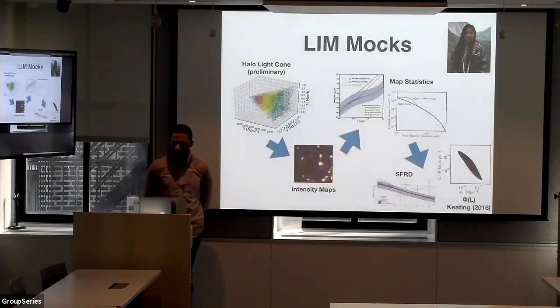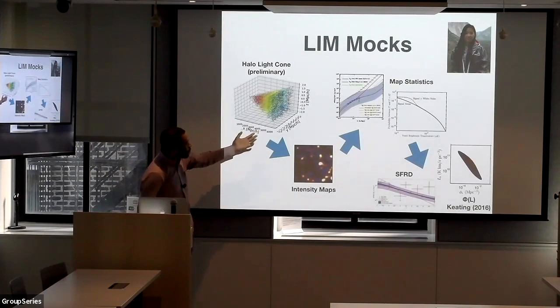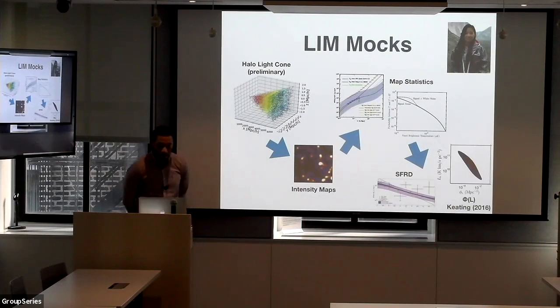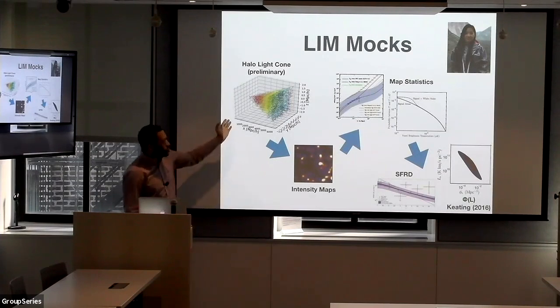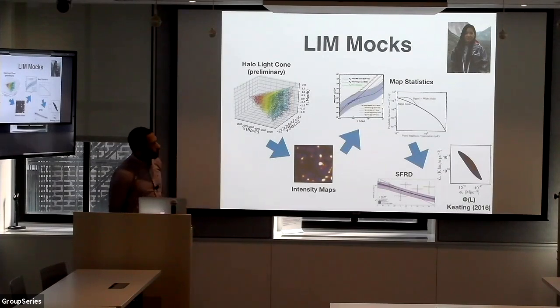Next, she's recently been able to develop a light cone. I believe this is still the 4.6 arcminute square light cone, but she was also recently able to make a 2 square degree light cone. This is done by taking simulations from the small MultiDark Planck simulation and stacking them together so that you can develop a light cone that varies over redshift 0 to 8.